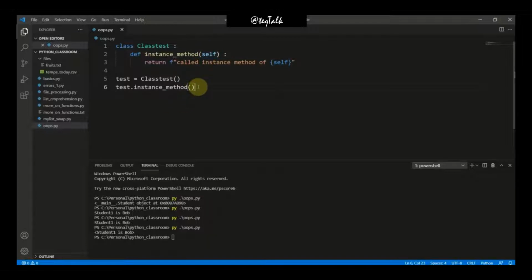And yes, you already know that one more way of calling instance method is like this, first writing the class name, then calling the method, and inside the method we need to pass the object, right?